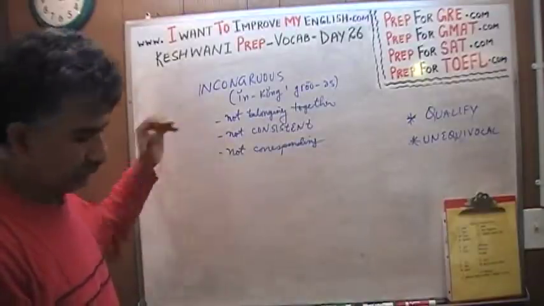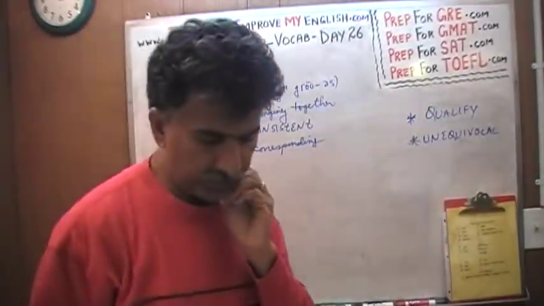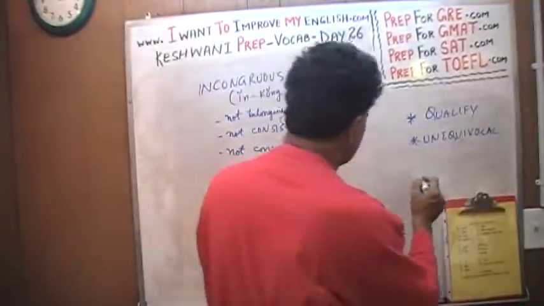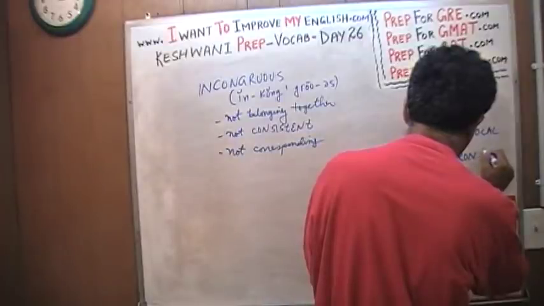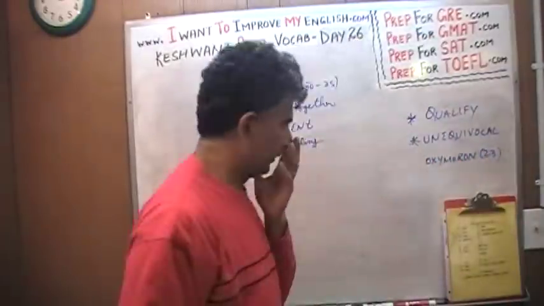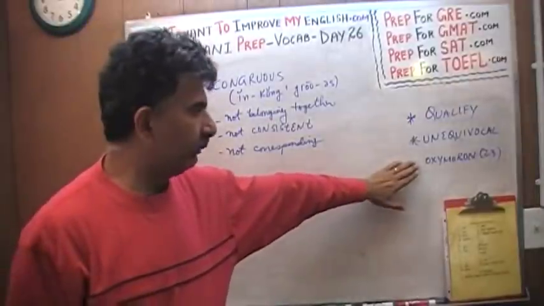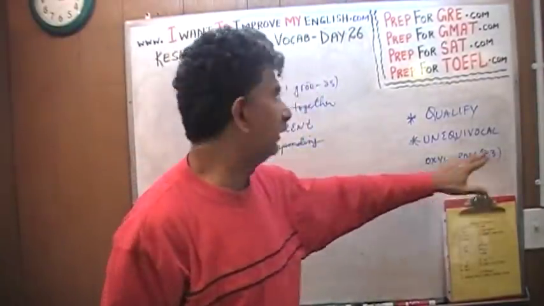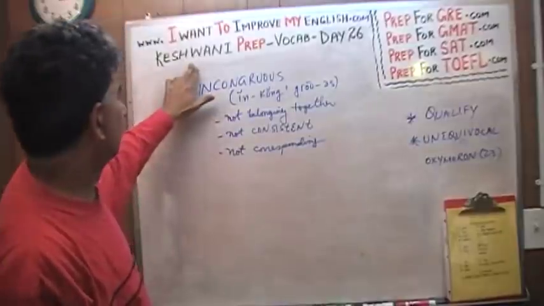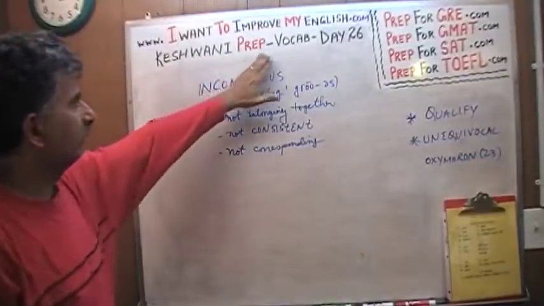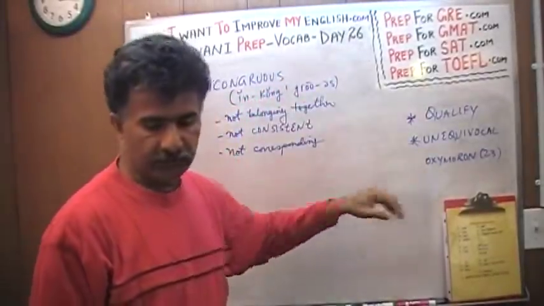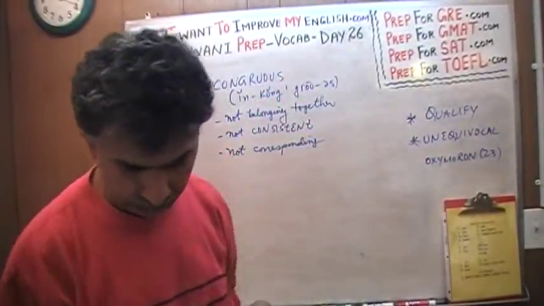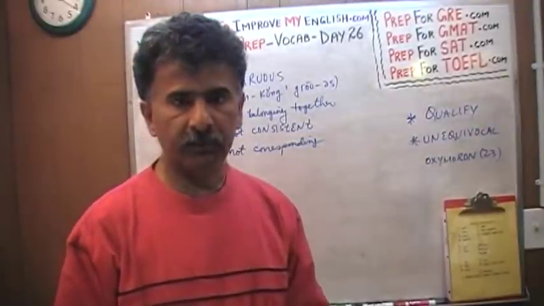And this word cropped up in our discussion on day 23. On day 23 we learned the word oxymoron. If you want to learn this word properly, that's why this number is 23, just type in the tag Keshwani Prep -vocab -day 23, and the video will pop right up, and you can watch this entire thing in its entirety,